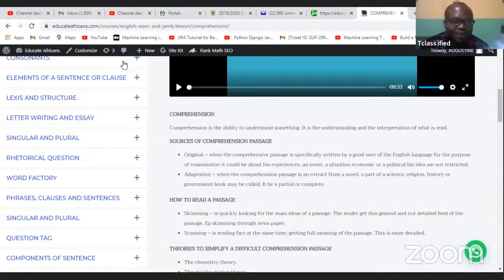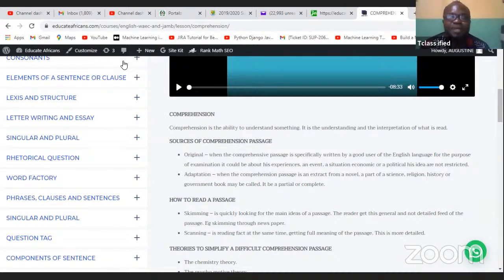So you just skim through, you say, oh, this is about geography, I'm not interested. Oh, this is about romance, I'm not interested. Oh, this is about mathematics, I'm not interested. Until you get to the fashion where you want. So you move very fast, getting a general idea of what is in that newspaper. You already have an idea that there is geography, there is mathematics, but you did not read them through. You did not do a detailed look into them.